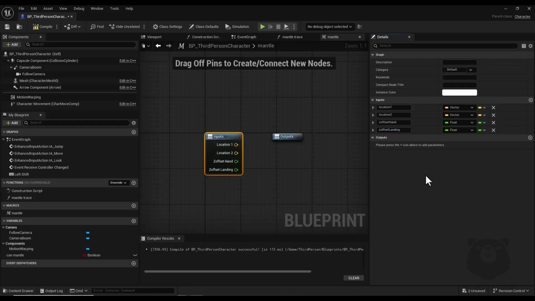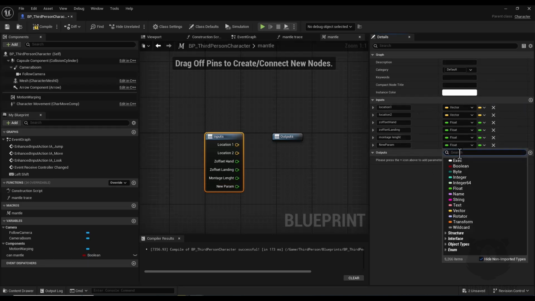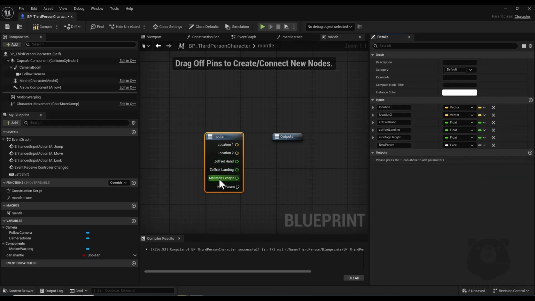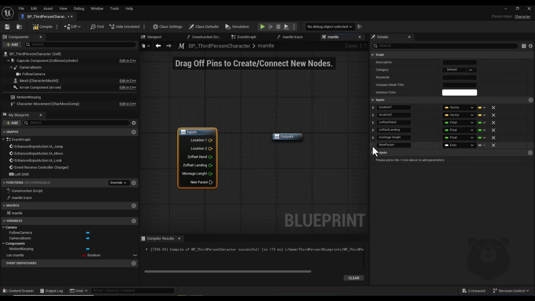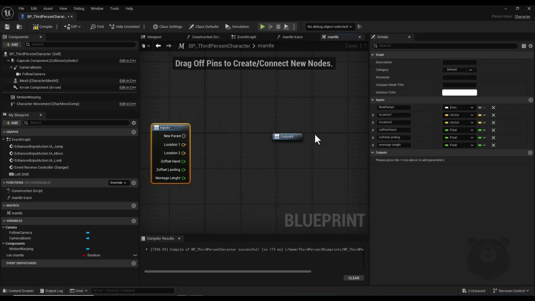And another input again in type of float and I name it montage length. Alright, I also add an execution pin to this input and I place it in the top. Alright, now I